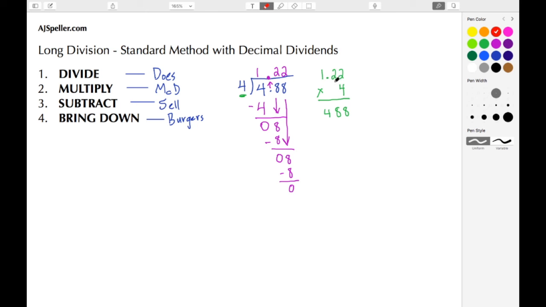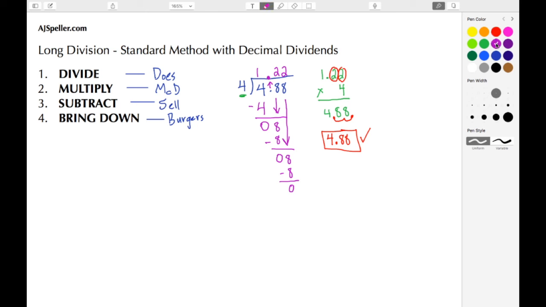What you need to realize is when you multiply by a decimal, you need to count the number of place values after, or to the right of, the decimal point. What I normally do is tell the students to circle those numbers. So we circled one number, we circled two numbers, so that means our decimal point is moved 2 places to the left. If we don't see the decimal point, it's understood to start at the far right, and then we move back 2 decimal places, 1, 2. So we see that our answer is 4 and 88 hundredths, which matches our dividend, so we know this problem is done correctly.